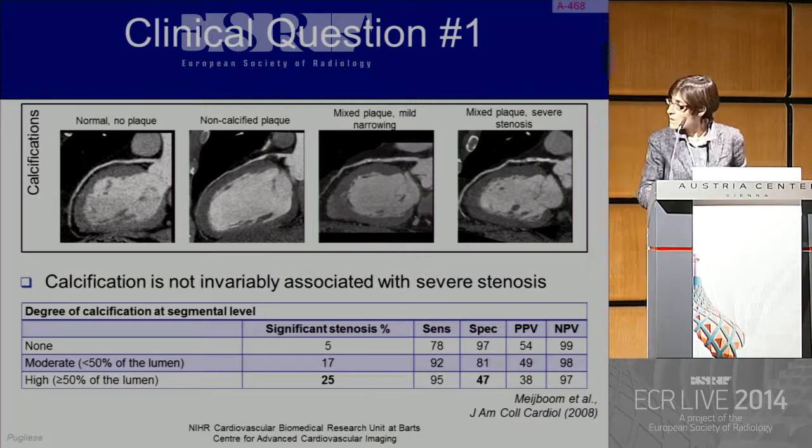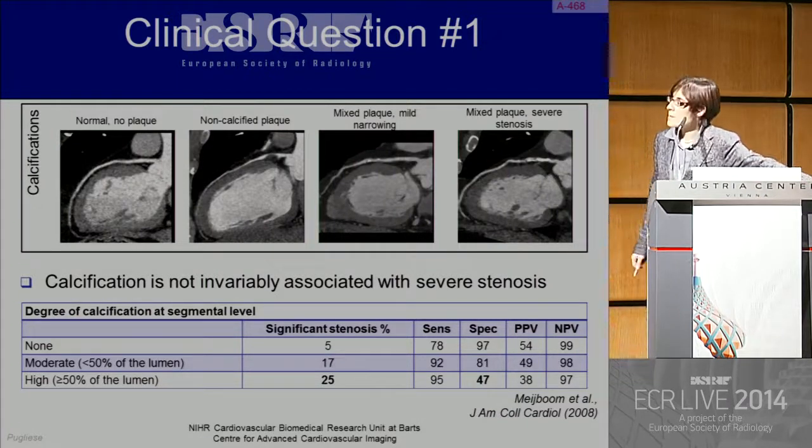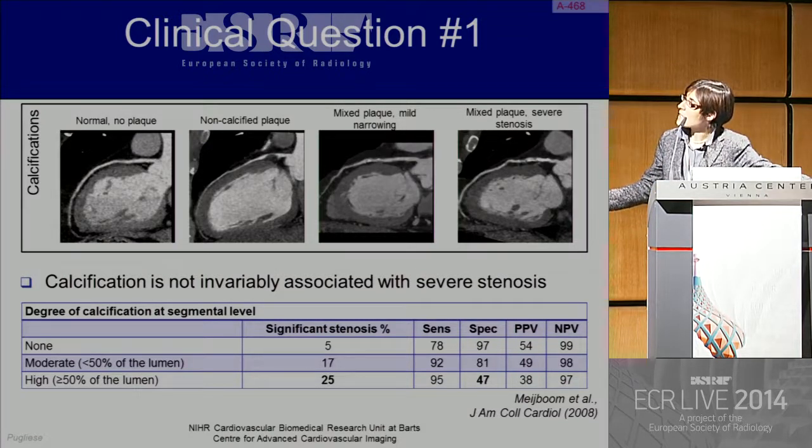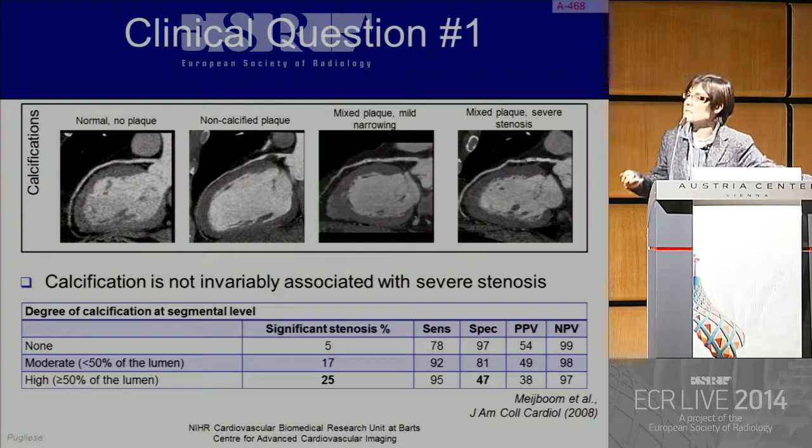And I thought I would show you data from a very well-known paper published a few years back in 2008, data which have been confirmed by many other papers which have appeared more recently. This is an analysis of the degree of calcification at the segment level, so in each coronary artery segment, judged visually as none, moderate calcification, or high calcification, which just means bulky. A lot of calcium which occupies more than 50% of the lumen of the vessel, so that you can't actually see the lumen of the vessel very well. Whereas moderate calcification means it just impacts less than 50% of the vessel lumen,